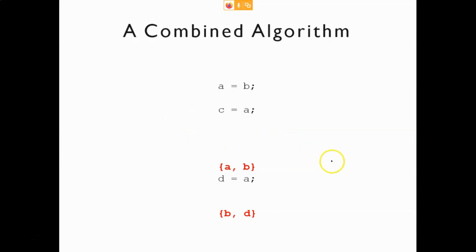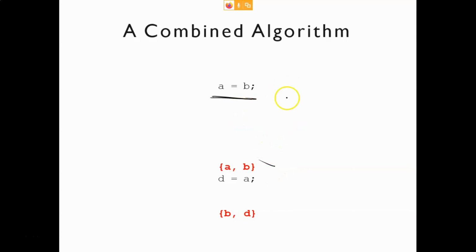So this is how we will do. Now you can remove this C equal to A also. You can remove this because this C is dead here. So this C is dead. So you can remove this also. Now finally you can see this A is alive. So you cannot remove it.